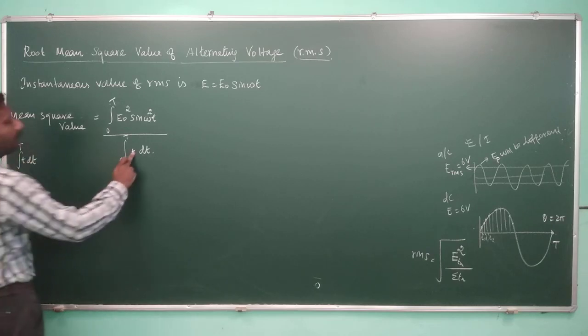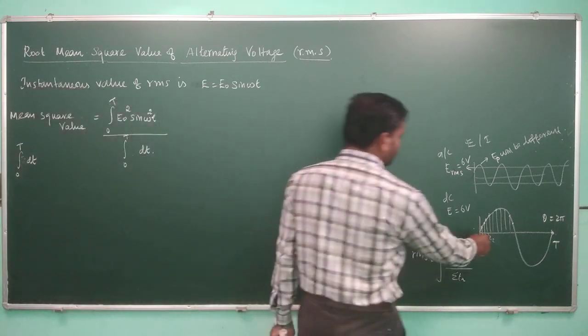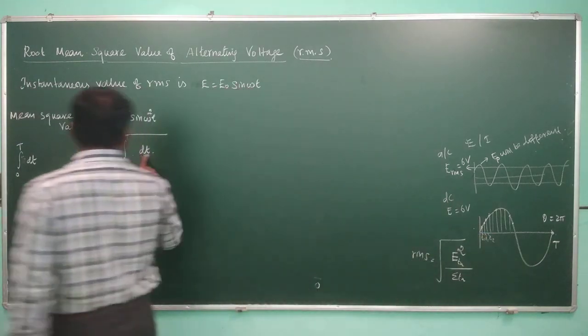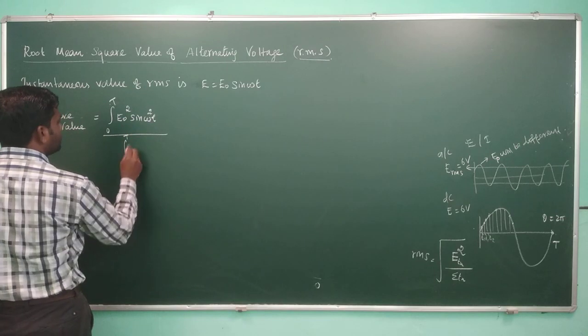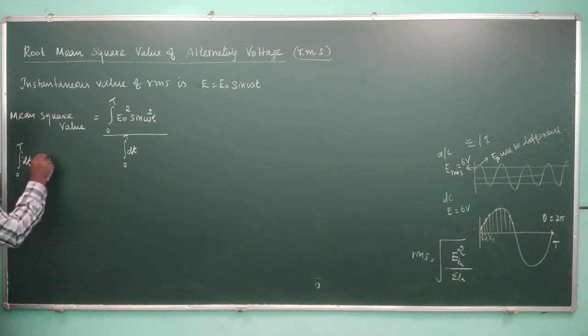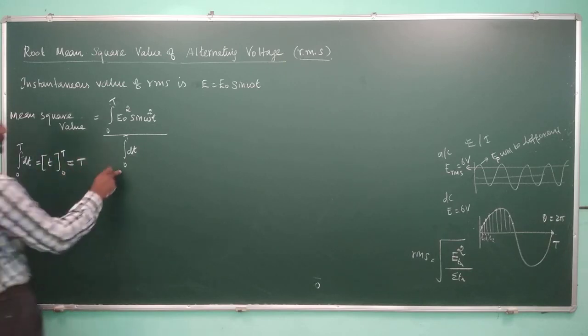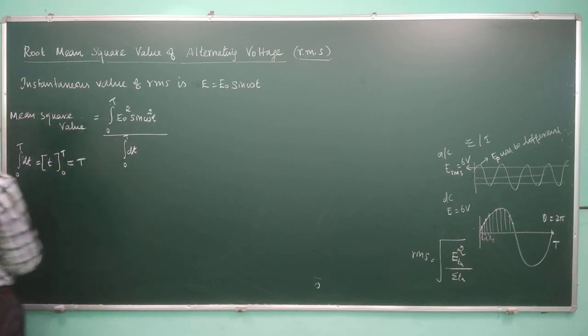It's dt, not t actually. Every instantaneous time is dt. You have to integrate this dt over the entire period. So if you integrate dt, you will get t. So you apply the limits: upper limit is T, lower limit is 0. So the integral from 0 to T of dt becomes T.